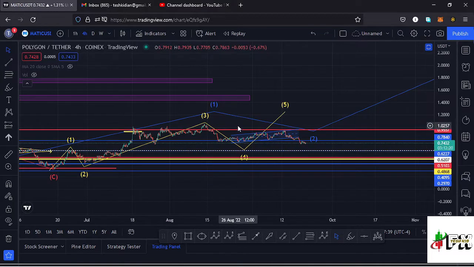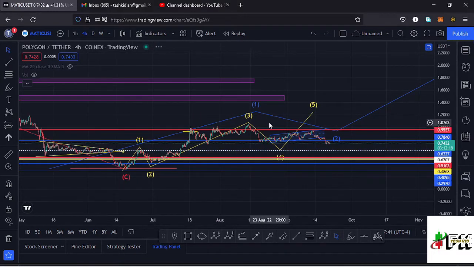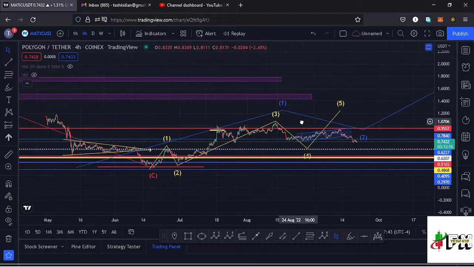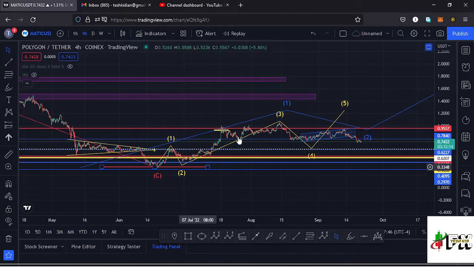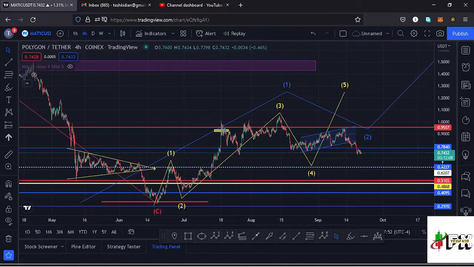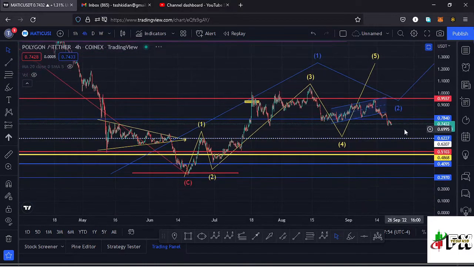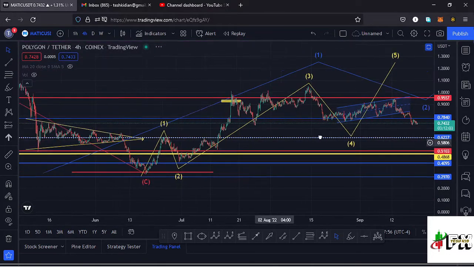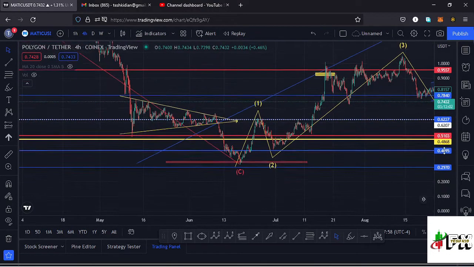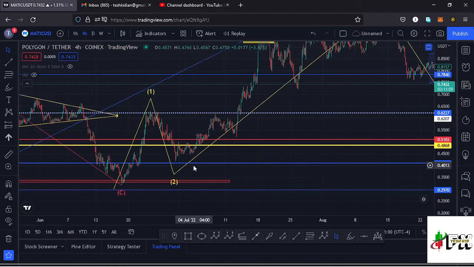And if I jump to the 4-hour chart so that you can see this better, on the 4-hour chart you can see I have this fractal wave within a wave 1, where I believe once you see the formation of a wave 5 to the upside, that will be completing a higher Elliot wave count 1. And if I get a little bit into the details of this fractal wave so that you can also get the key scenarios that I expect to play out on this chart, after making our low